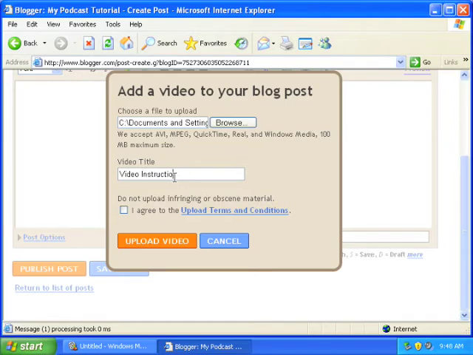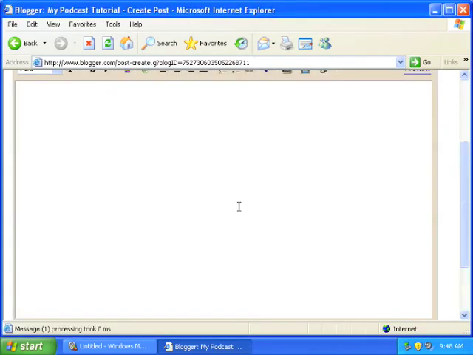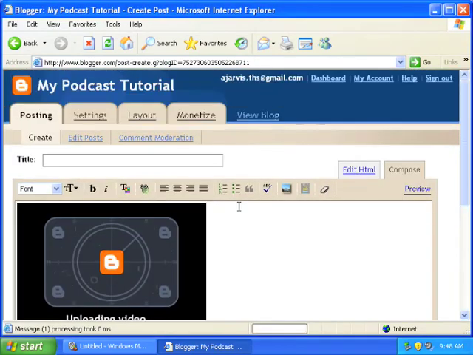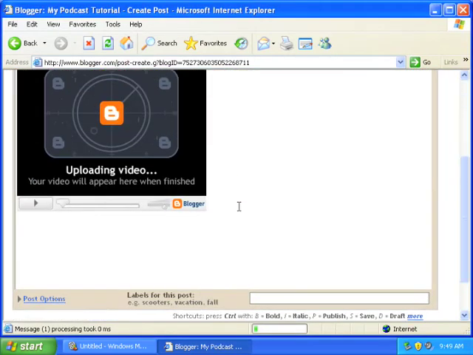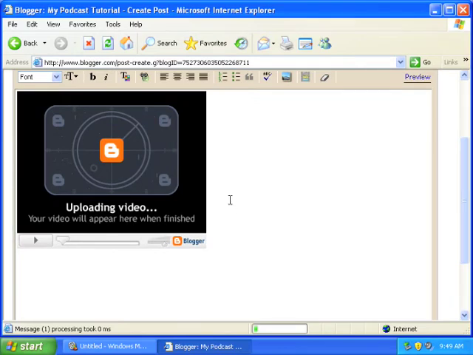Instructions. Of course, you have to agree to the upload terms and conditions that say that you're not going to post copyrighted material up here. Then go ahead and upload it and agree to all the different things it's going to say. Alright, and while it's uploading,